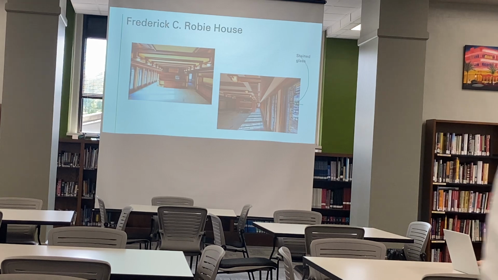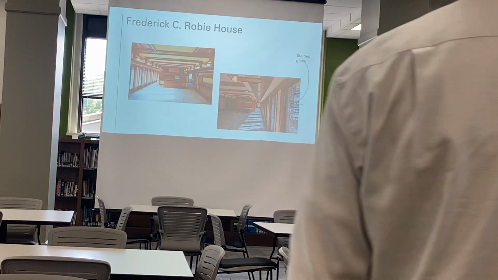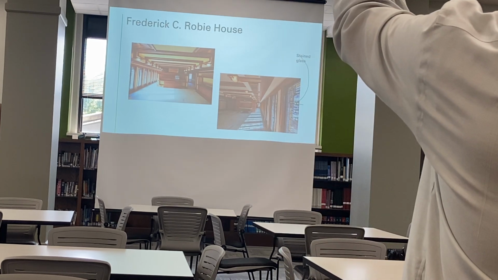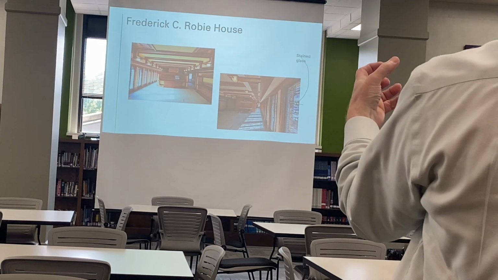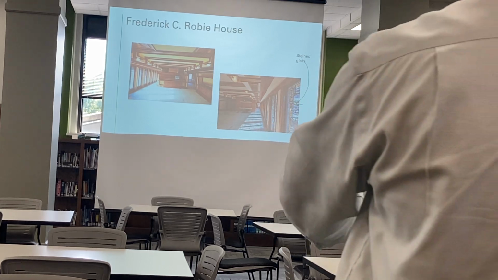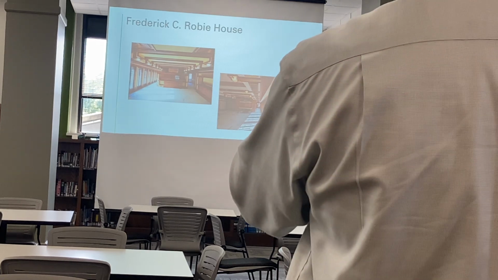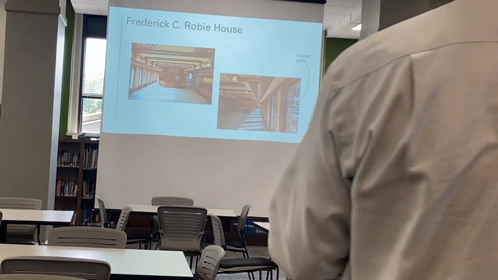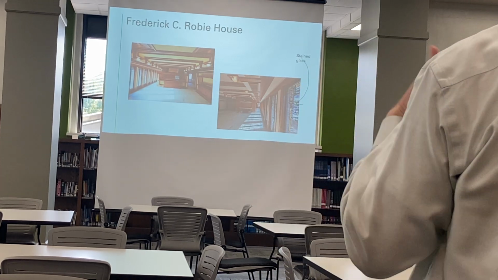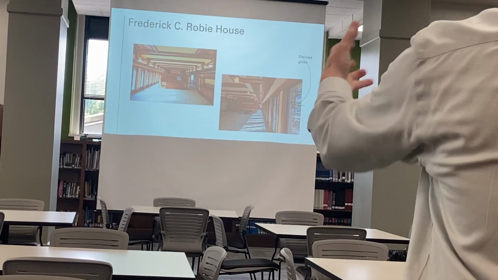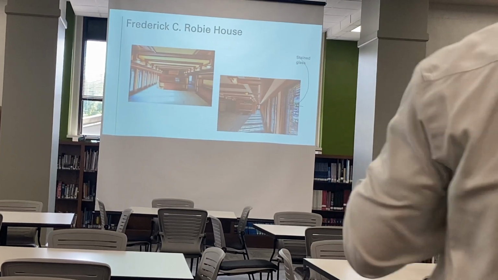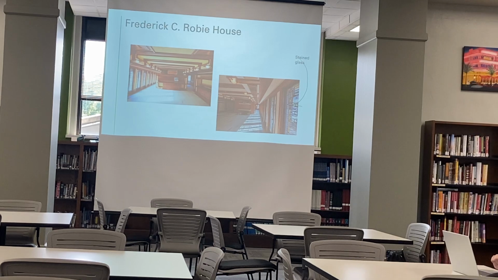This is the inside of the Frederick Roby house, and again, low ceilings, flat ceilings, a lot of wood, right? Very natural interiors. Nothing faux there. It's all wood. Stained glass, that's a big part of that prairie style. The stained glass brings in the colors. A lot of windows, right? A lot of windows in this style. They want to bring the nature in. So a lot of big windows. Prairie style.